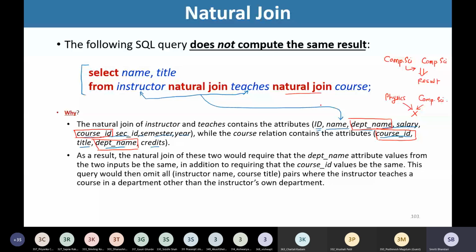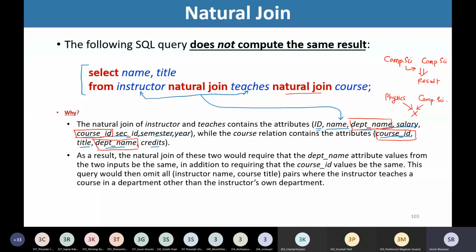Why? Because if we are having this natural join between this earlier relation and course, then two attributes are common, department name and course ID. So these two will be matched at a time.